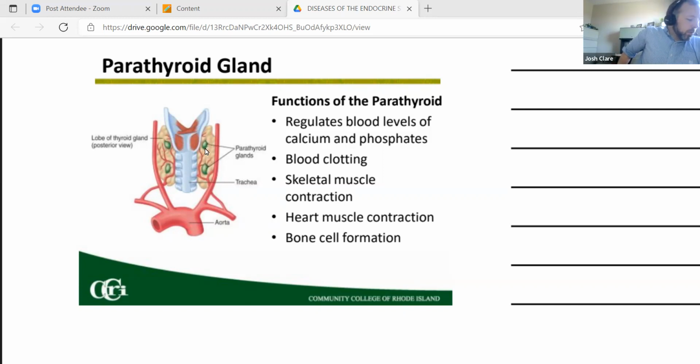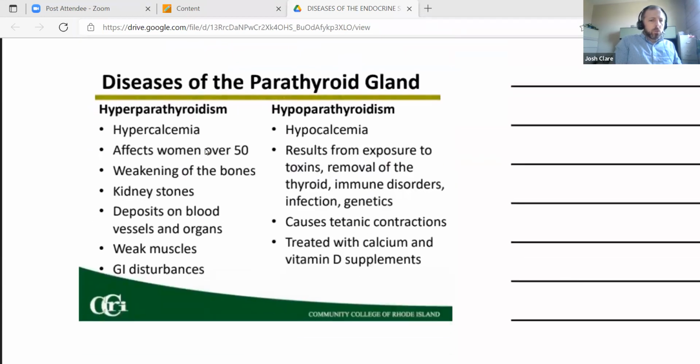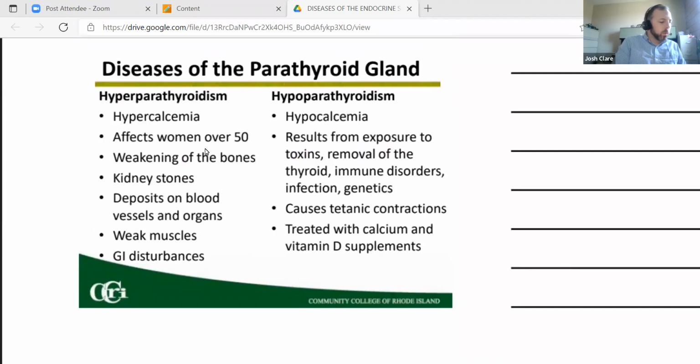Parathormone causes kidneys to absorb calcium, so it's not excreted, and the small intestines to absorb calcium back into the diet. So when the calcium level is low, the parathormone is released to increase the absorption of calcium into the digestive system, and the kidneys to restore the needed levels. So again, hyper too much, hypo too little. Hyper results from the excessive secretion of parathormone. The condition is more prevalent in postmenopausal women over the age of 50. People that receive radiation in the neck, people who take medication lithium are at risk factors for